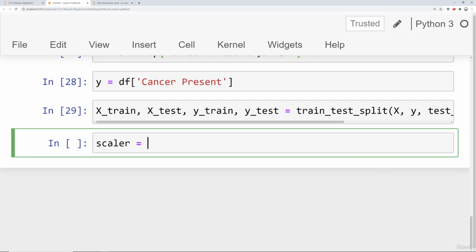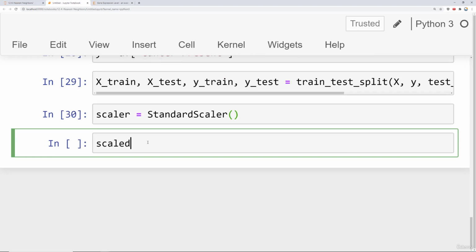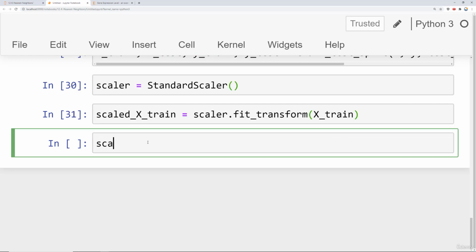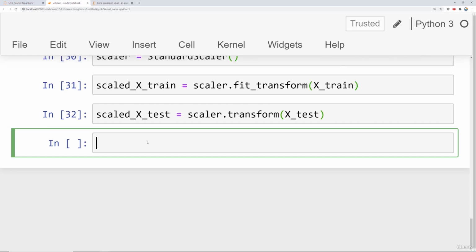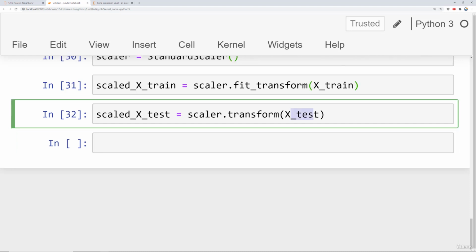And now let's scale the data, StandardScaler, and we'll create 2 versions. Our scaled X_train data, where we allow the scaler to fit onto the training data, essentially grabbing the min and max value, standard deviation. And then our scaled X_test data, recall we don't fit to that, we merely transform on that. So we'll say transform then the X_test data in order to prevent any data leakage from the test set